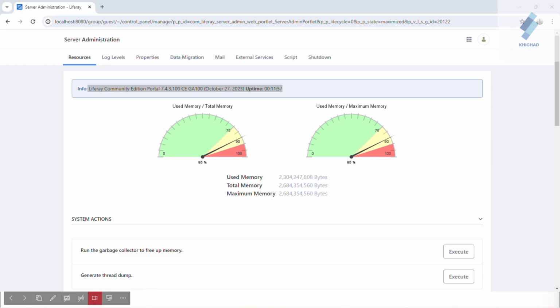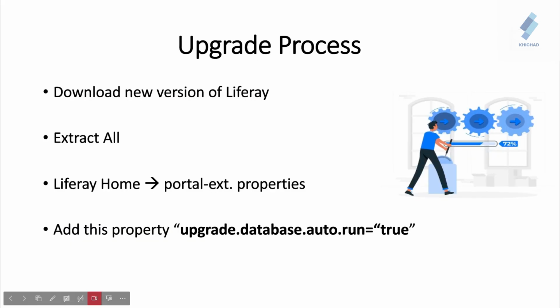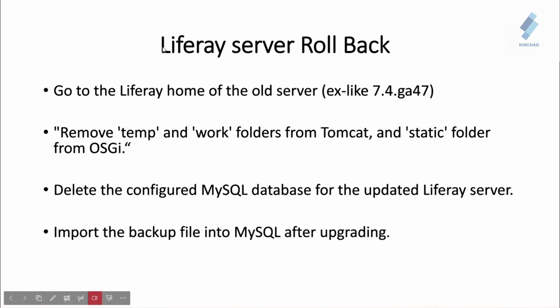Now let's move on to the next step in the PPT. So just open the PPT again and let's move on to the next step. The next step is the Liferay server rollback. A rollback is an operation which returns the database to some previous state. Rollbacks are important for database integrity because they mean the database can be restored to a clean copy, even after erroneous operations are performed, returning to the previous state.